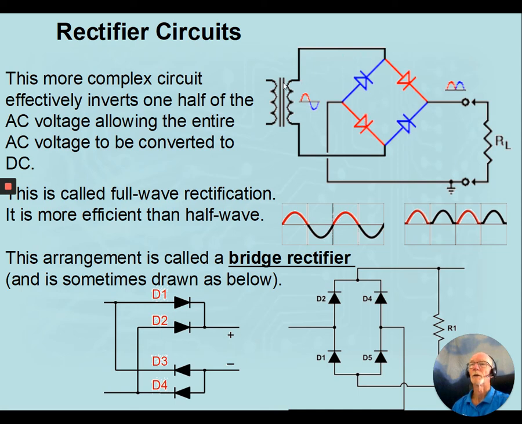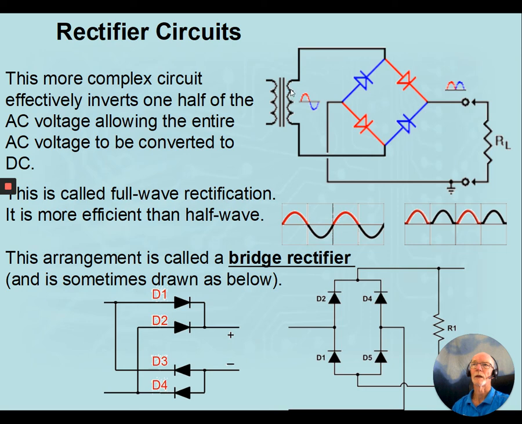So in the positive half cycle, when our input is positive on this side of our transformer, negative here, current will flow through these diodes this way, through our load resistor and back through this diode